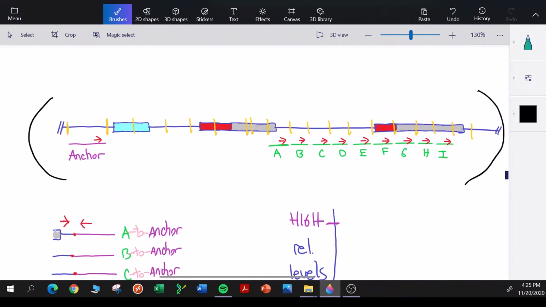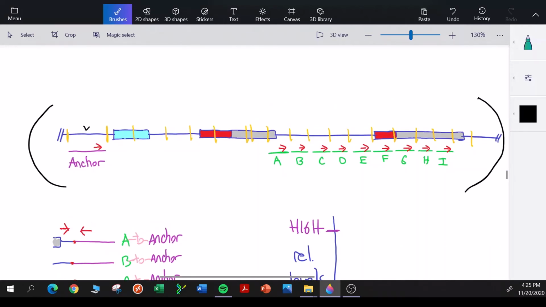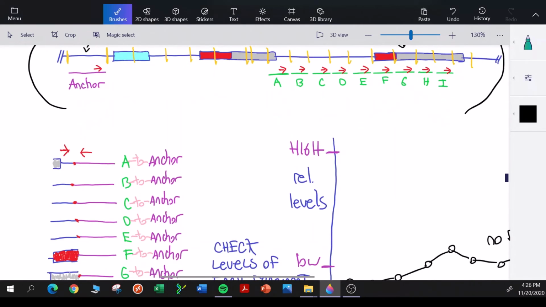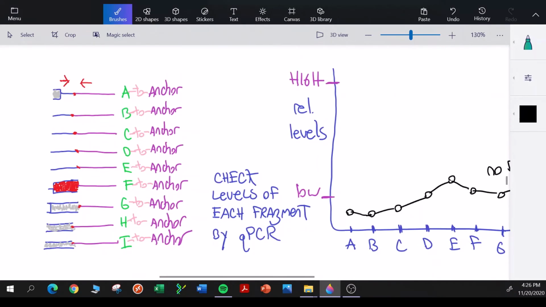Now, depending on how the anchor segment is organized relative to these other locations, we could get all of these fragments. So what have I diagrammed here? Essentially what I did